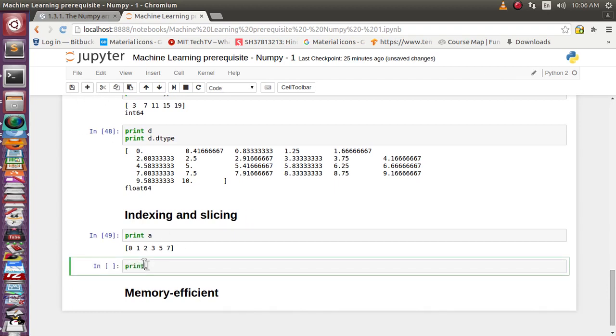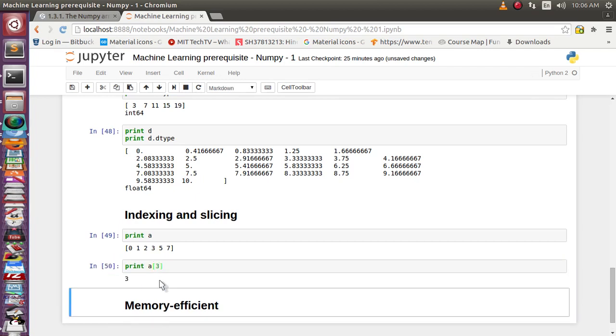So in the NumPy library, all indexing starts from 0. So we want element 4: this is first, second, third, fourth. So we want to access the fourth, that means the third index, that is nothing but the 3.